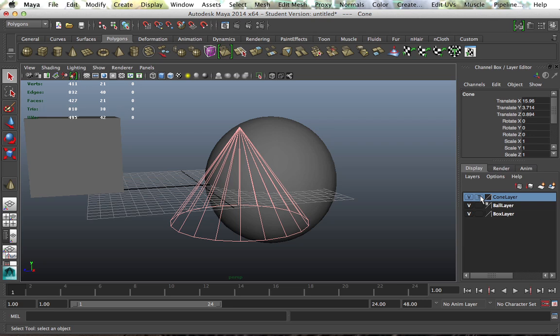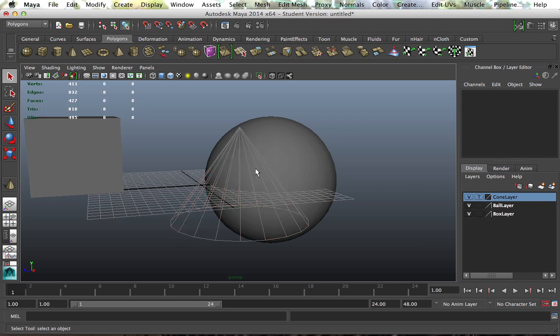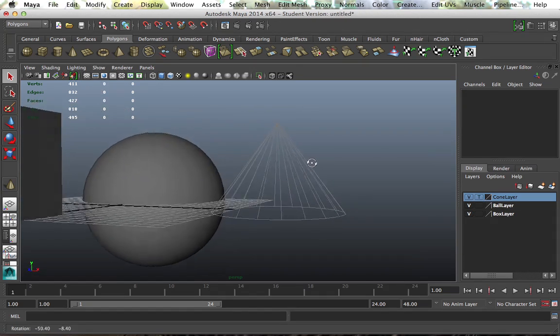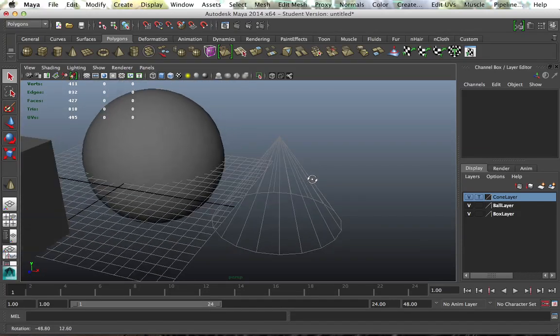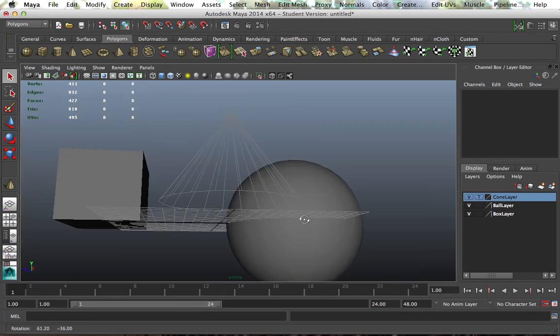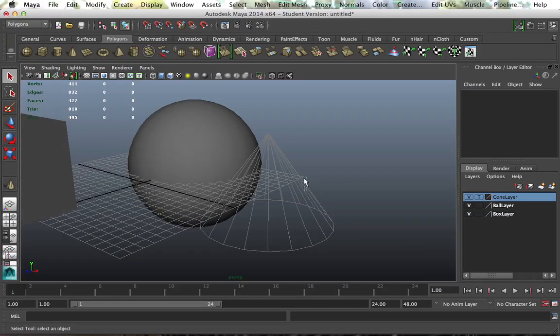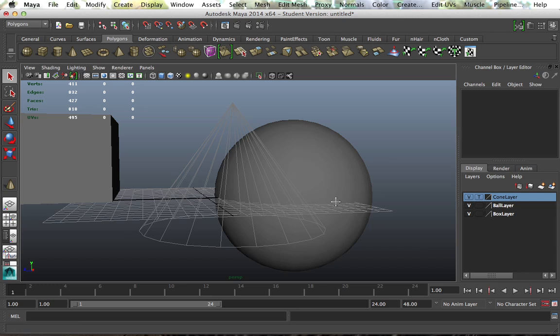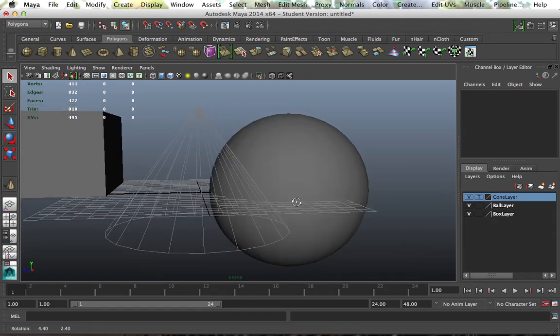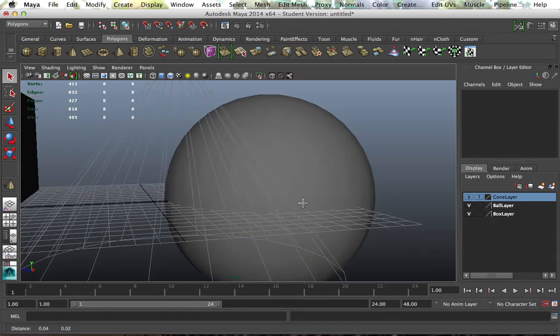That stands for template. But if you look at the way the cone is displayed now, you can clearly see that it is no longer solid. Not only that, but if I try to select it, I find that I can't do that. Even though I can see an outline of it, I can't directly select it or edit it. So in this case, I can have the cone in template mode, know where it is, and quite happily work